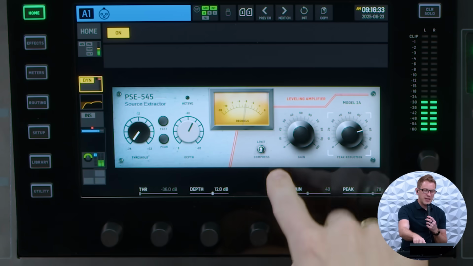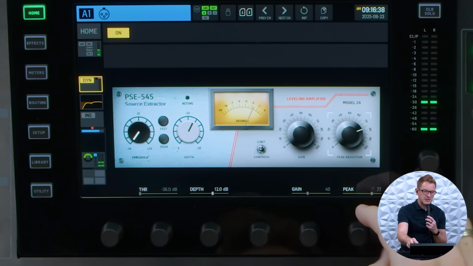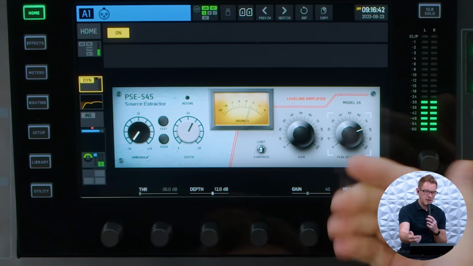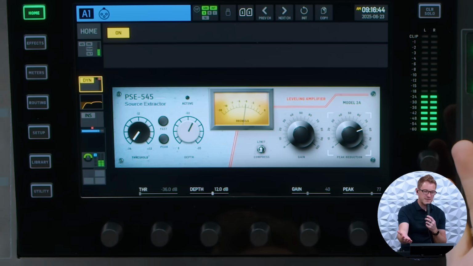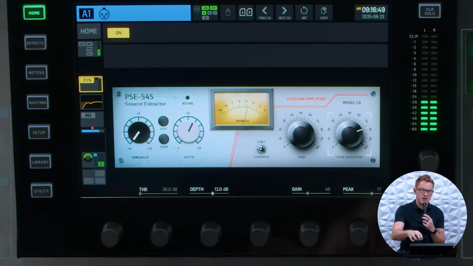And so now we have the ability of changing between a compression and a limiting. So check 1, 2, check 1, 2, 3, 4, 5, 6, and a compression. Check 1, 2, 3, 4, 5, 6. So we can hear that the limiting just sounds a little bit more compressed than the